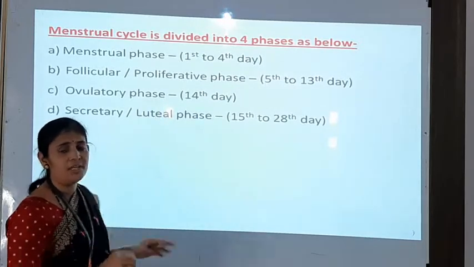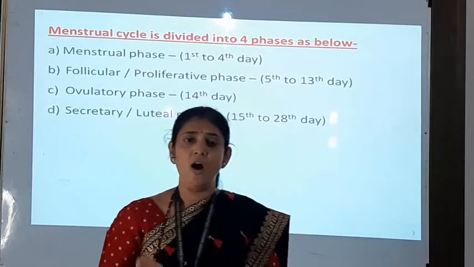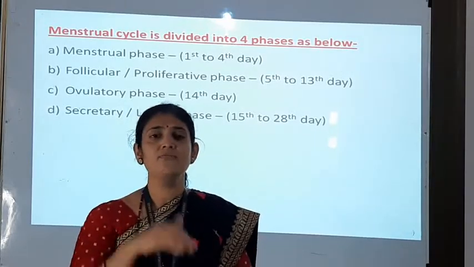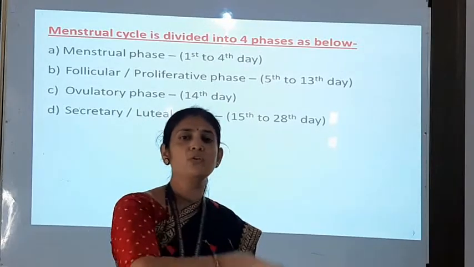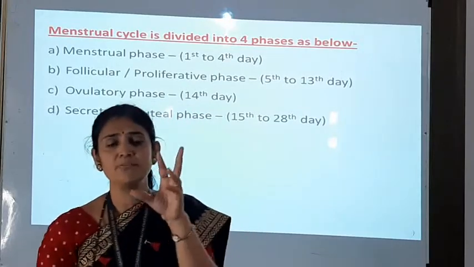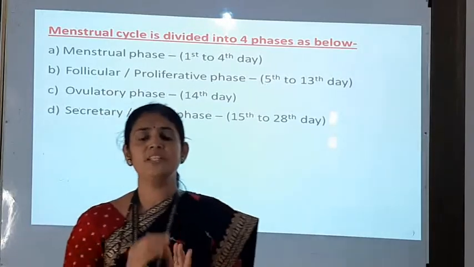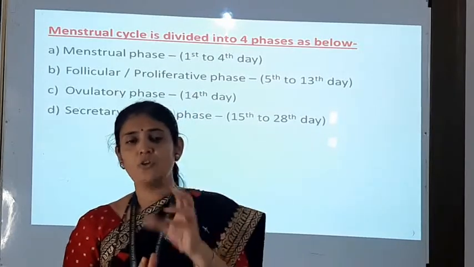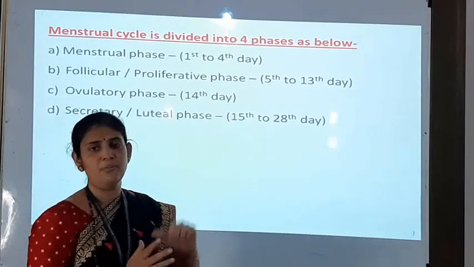So these are the different developmental phases occurring in the menstrual cycle, and the menstrual cycle runs from the 1st day to the 28th day. After the 28th day, the 1st day is repeated again, and 1st to 28 days are completed again. So in this way, this menstrual cycle shows these 4 phases. The details of these phases we are going to study in the next lecture. So we have to stop here. You now know about the phases and the days responsible for the menstrual cycle.